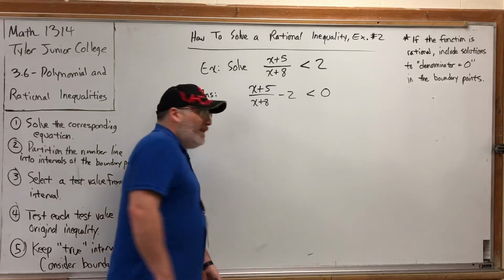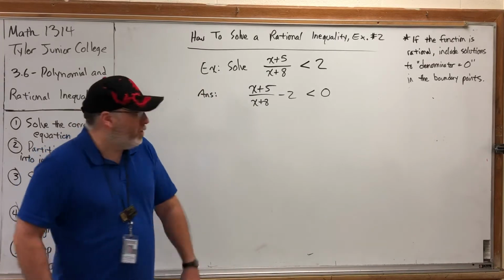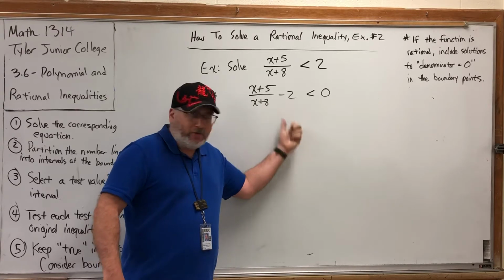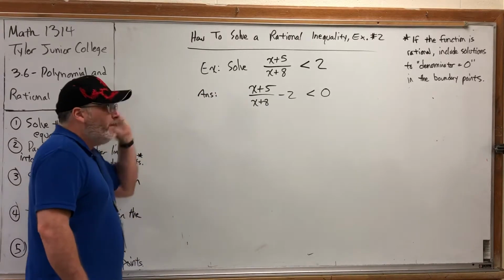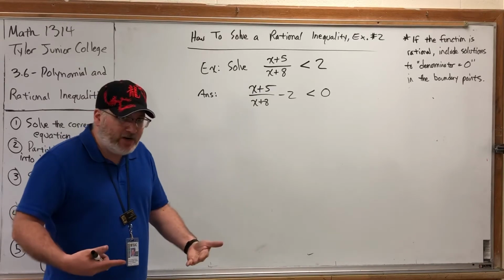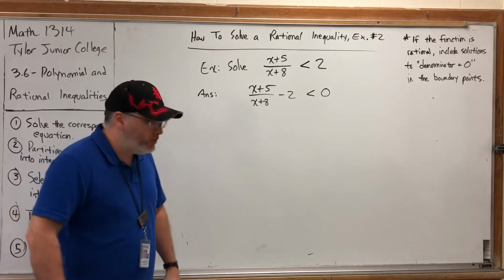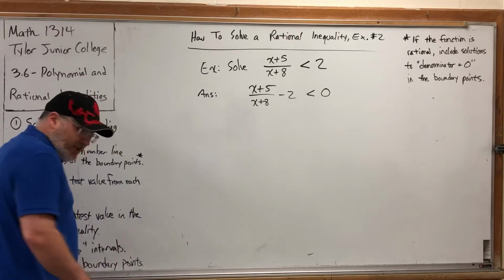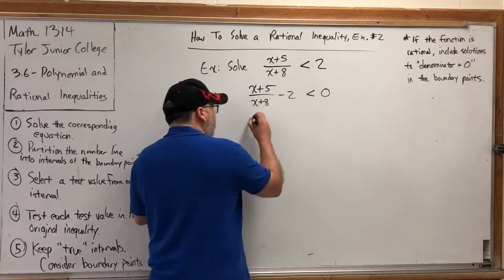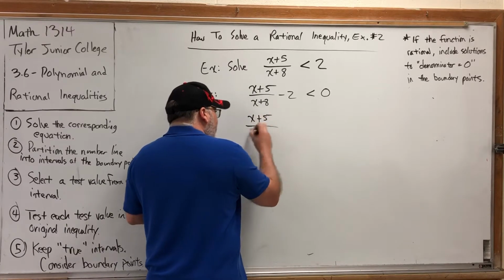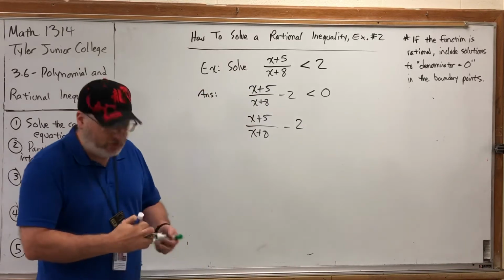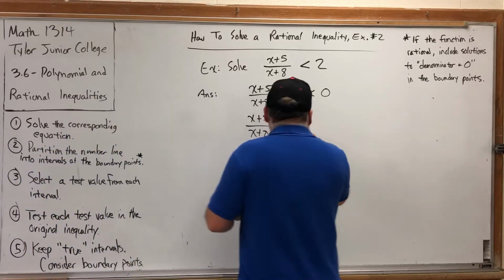So for the benefit of my students, specifically for their homework, and for any student who wants to know how to combine these into a single fraction, it's not really as hard as it seems, because you know the rules for adding and subtracting fractions. Get a common denominator, combine the numerators. To get a common denominator here, we first need a denominator under the 2, and that denominator would be 1. So I'm going to invest some extra time in this video to review how to add and subtract rational expressions. If we put a 1 underneath the 2,